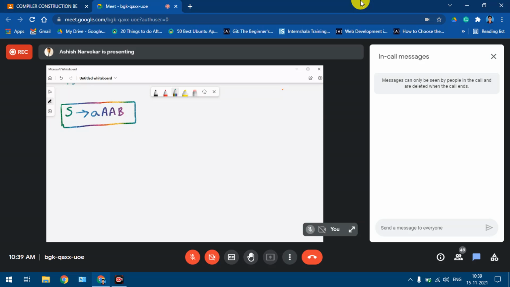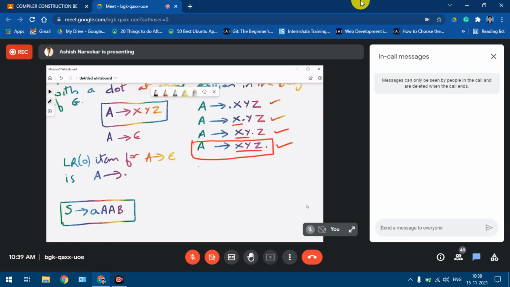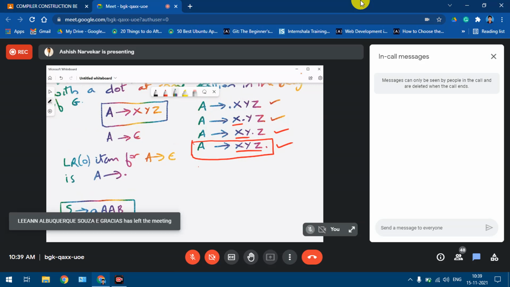What will be the LR0 items for this production? First of all, how many LR0 items will be there? I just explained what LR0 items are, right? This is an example of what I have done. Referring to this example, can you tell me how many LR0 items will be there?